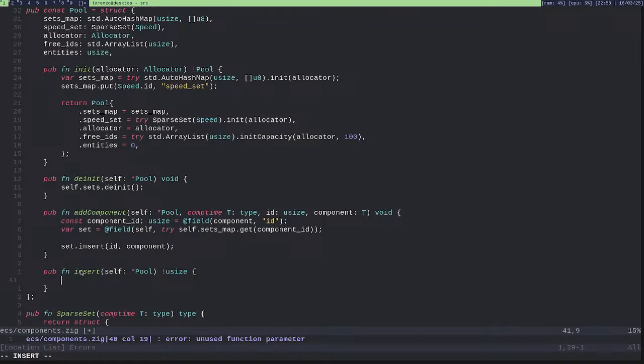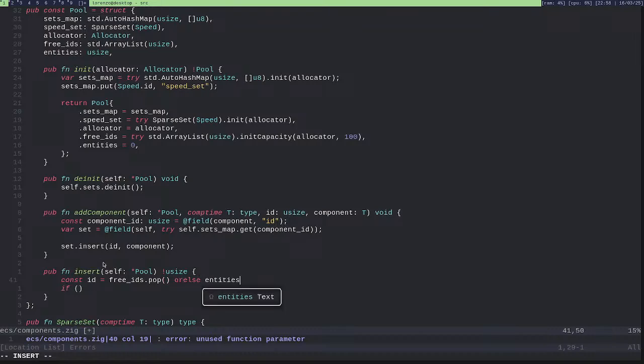Okay, so let's say that this will be a constant ID, free IDs, or else entities.